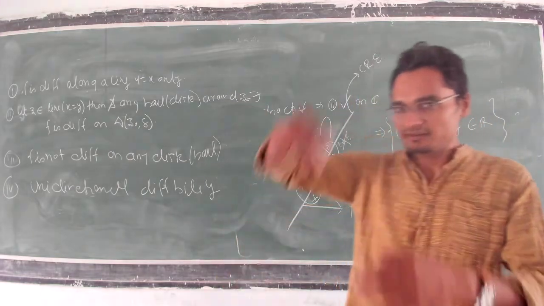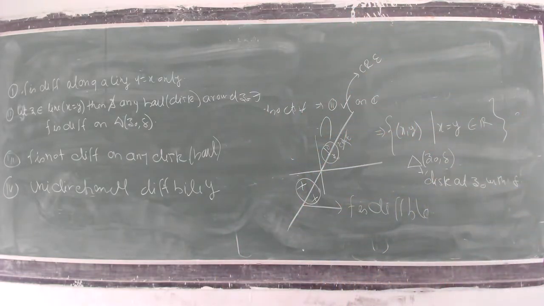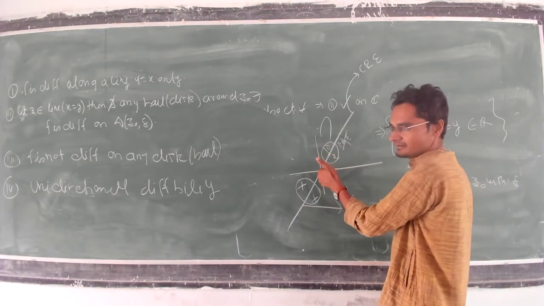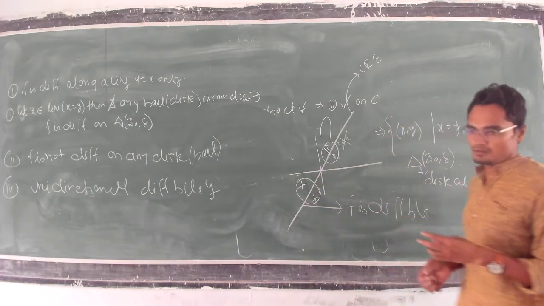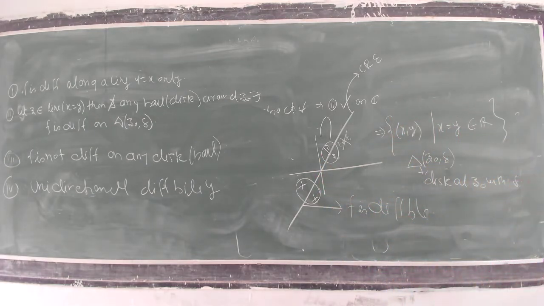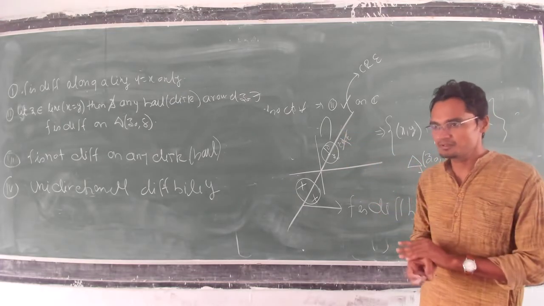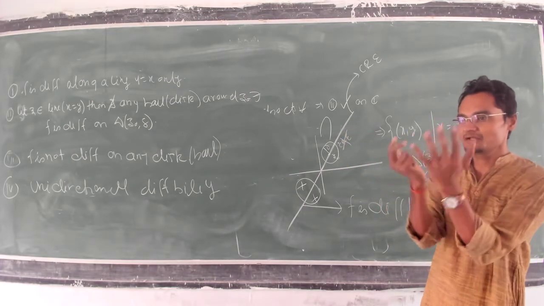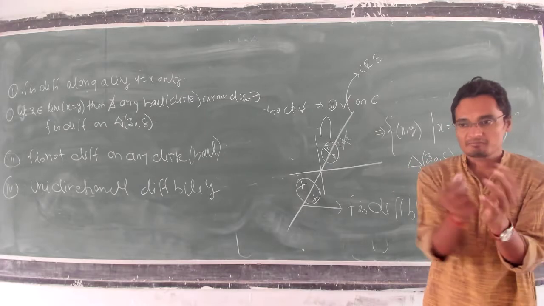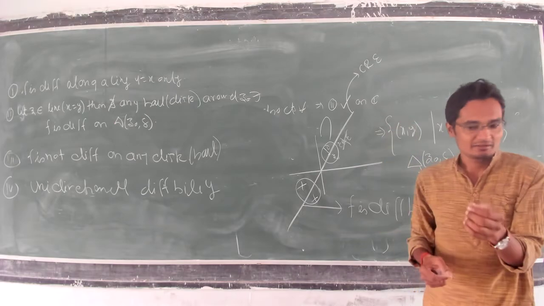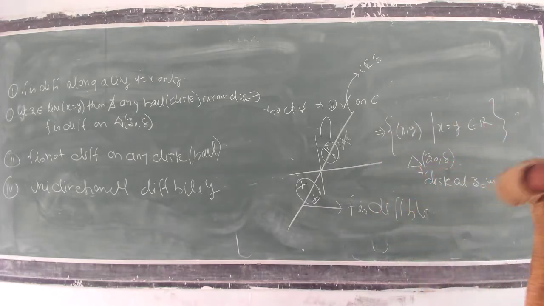Meaning the function is differentiable only corresponding to a line. If you are taking any ball, the ball will contain more points other than the line. If you can make a ball somehow that contains only the line, then that will be fine, and the function will be differentiable. But by the nature of a ball, if you make a ball, it will definitely contain some more part, right? A ball cannot be a line. Or did you see some ball that contains only a line?